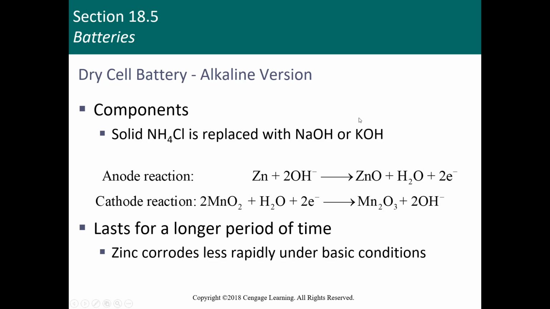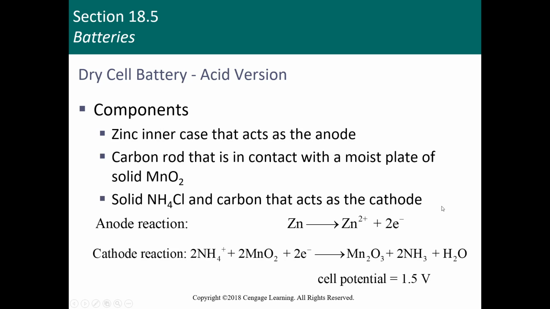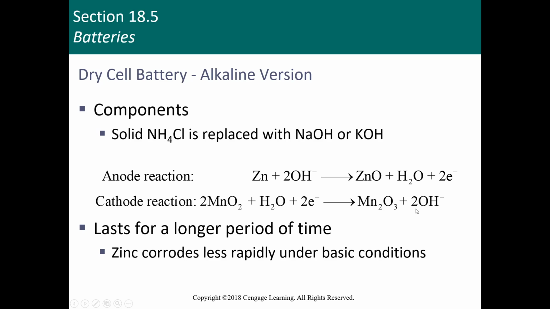Alkaline is in base. So these have ammonium chloride. We replace that with the sodium hydroxide, or KOH, potassium hydroxide. So again, the anode reaction is the same. But the cathode reaction, again, has the MnO2 going to Mn2O3, which is so similar. But in this case, it's going to produce OH minus, a base, instead of water. See that? And so this is going to last for a longer period of time because the zinc corrodes less